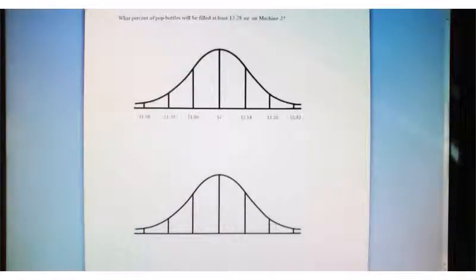So now we're talking about that shortcut of finding a z-score to solve these problems. Remember, the general normal curve looks like this. We have the mean plus the standard deviation, the mean plus 2 standard deviations, the mean plus 3 standard deviations. Then we have the mean minus a standard deviation, the mean minus 2 standard deviations, and the mean minus 3